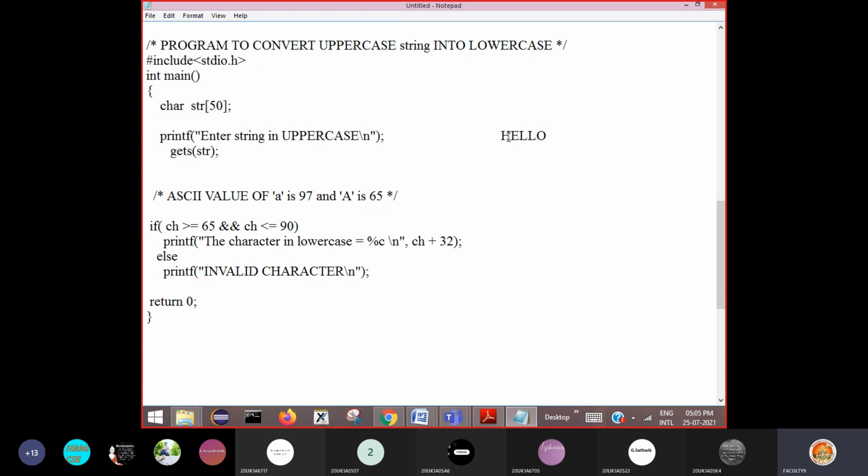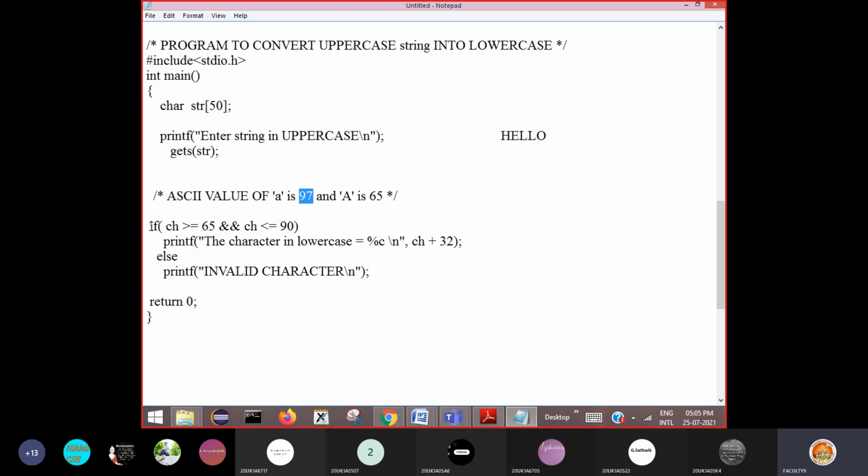You should remember only capital A and small a as key values. If you remember, then you will know whether to add or subtract 32. Capital A ASCII value is 65 and small a ASCII value is 97. So you should add 32 to each character, then it will be converted into lowercase.